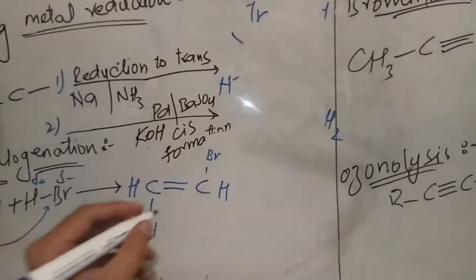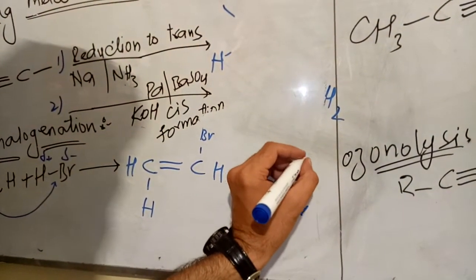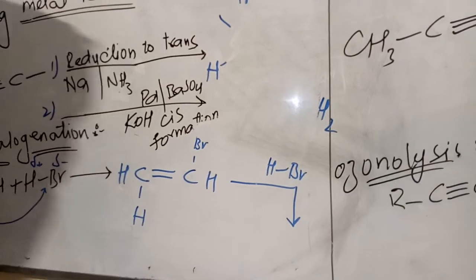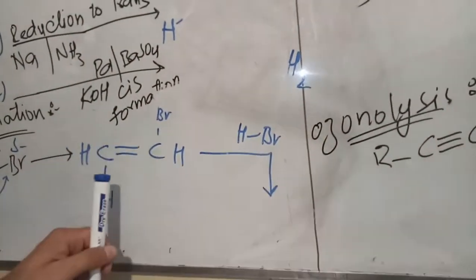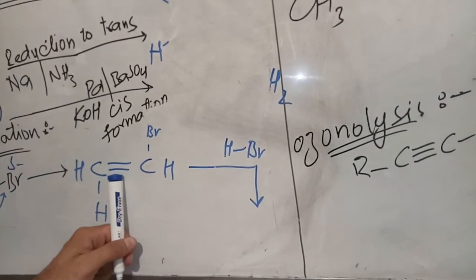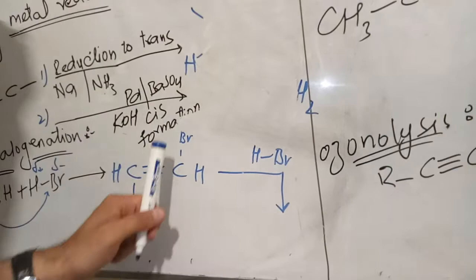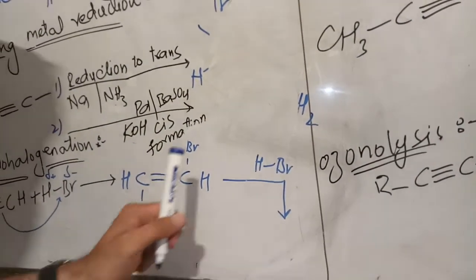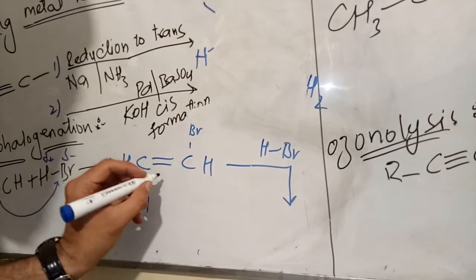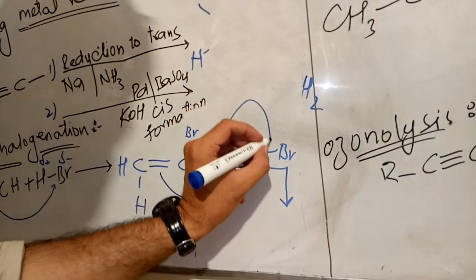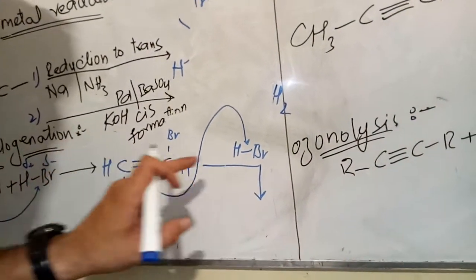Now again we want to add HBr. Why do we want to add again? How do we know whether we need to add HBr or not? As long as a pi bond is available, we will continue the reaction. We can see that one pi bond is still available, so it means we can add one more HBr to it. So again the pi bond will attack this HBr, this pi bond will break, and again one H will be attached and Br will be attached.